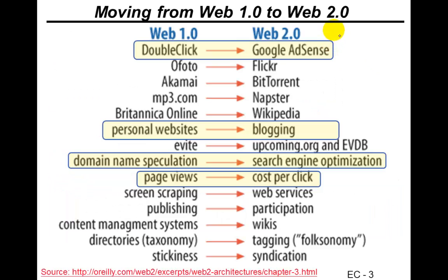We did mention the shift in the Web 2.0 era. We're shifting from the DoubleClick model to Google AdSense. And we're shifting from creating a personal website using HTML to just having a blogging website or a Facebook page. In the past, it was very important that you got a really good domain name, but nowadays it's even more important that you optimize your website for search engines, so your ranking in the search result related to certain keywords will be higher.